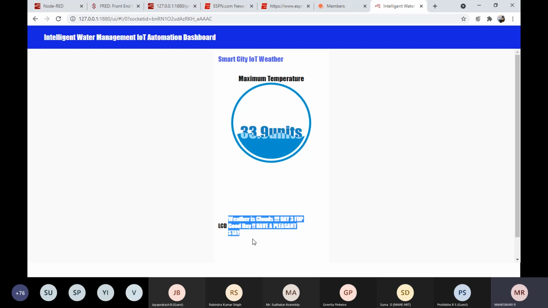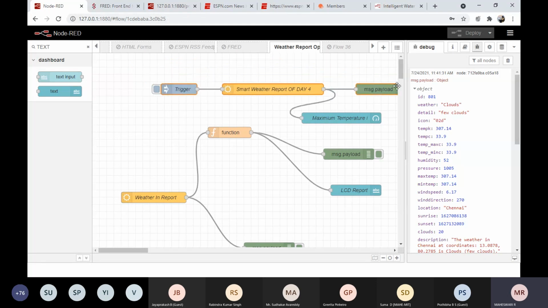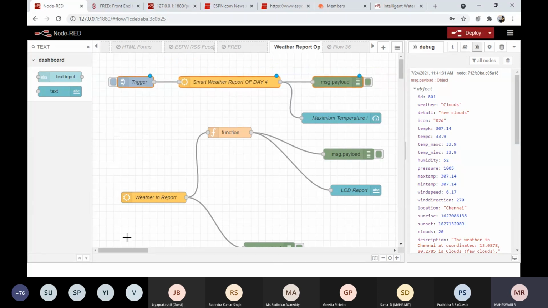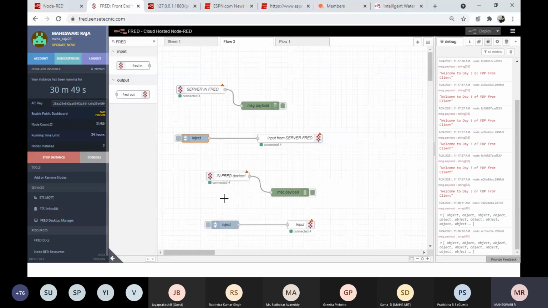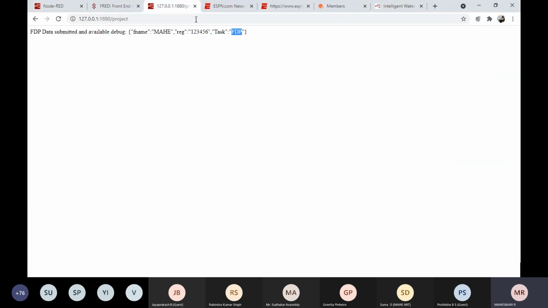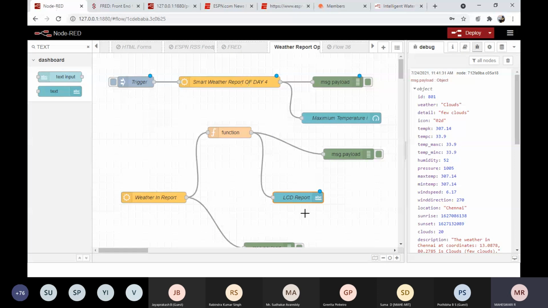So the output which has been processed in the function node will be displayed here. Okay, so this is the output of my previous flow, this design. And for this design, LCD report, you can see the name called LCD report here. So this is all about this Node-RED.